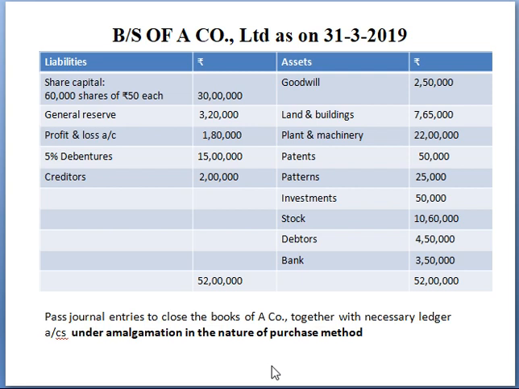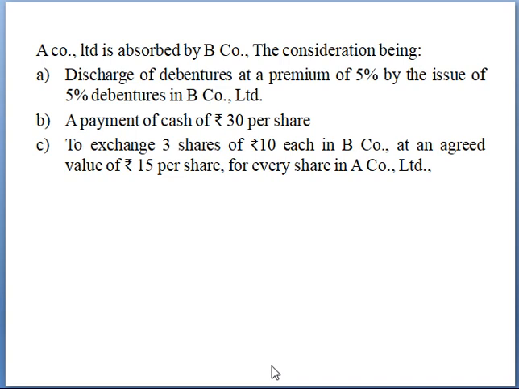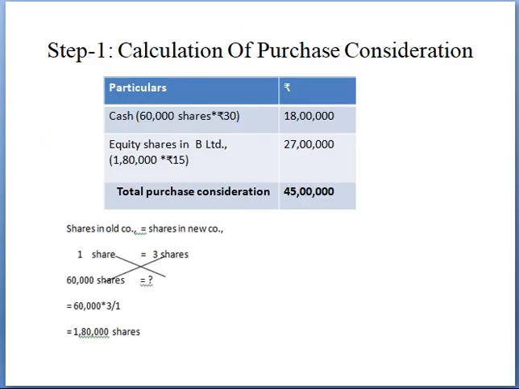So always your first step is calculation of purchase consideration. Now I said already, 3 methods are there for the payment of purchase amount. So one is the lump sum method, second is net assets method, and third is the net payment method. And what is the type of the problem given? It is given that payment is through cash and shares, right? So when they have given payment directly, it is the net payment method. If it is a lump sum method, purchase amount will be directly given in the problem. You need not do further calculations, right? And we'll calculate the first step, calculation of purchase consideration.